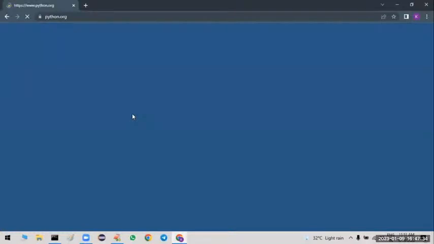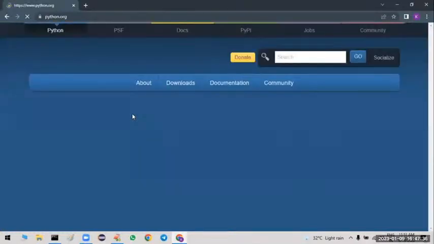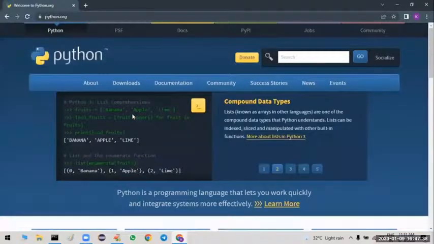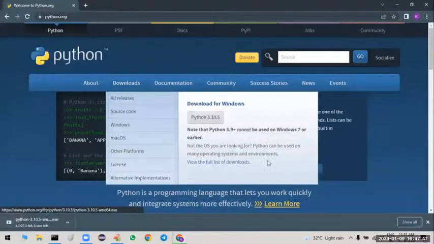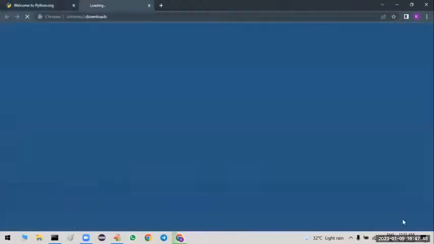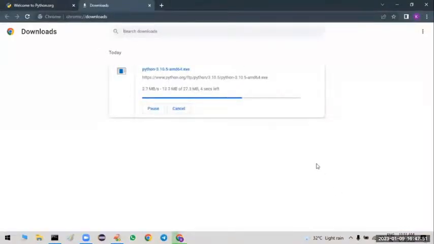As of now, the latest version of Python is 3.10. Let us check whether it is available or not. Yes, download Python 3.10.5. Just click on this, and your download will start automatically. It is almost a 27 MB file. Let us download it.